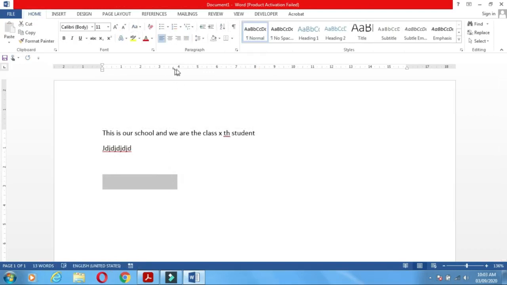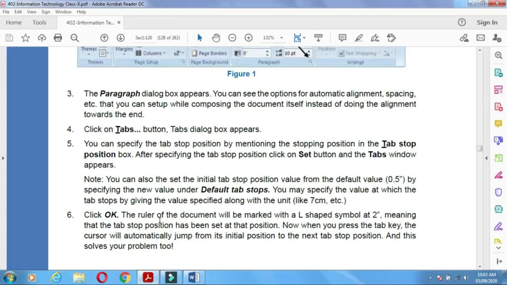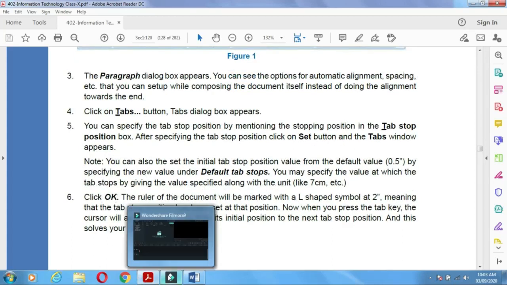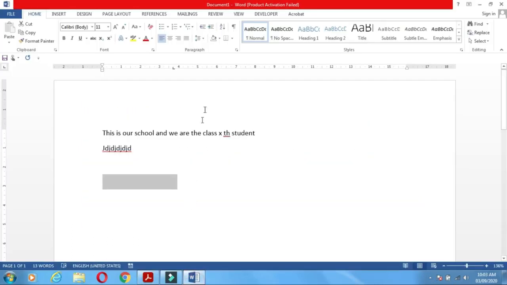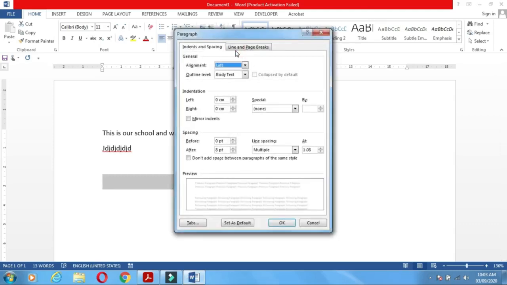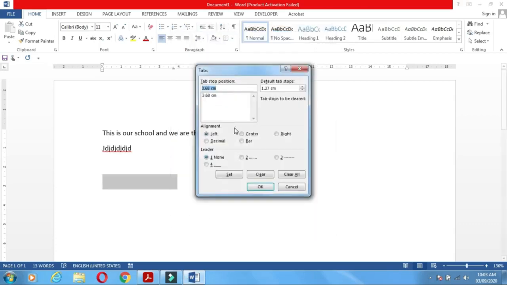You can see the left tab here. In this way you can apply the left tab. Or again you can apply the different tabs by using the same tabs dialog: left, center, right, decimal, bar, the different alignments you can apply to your Word document.